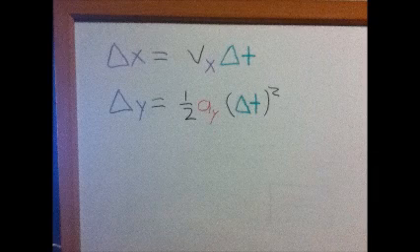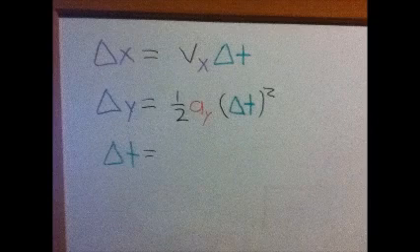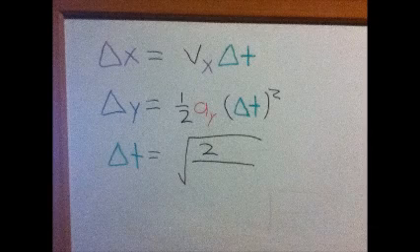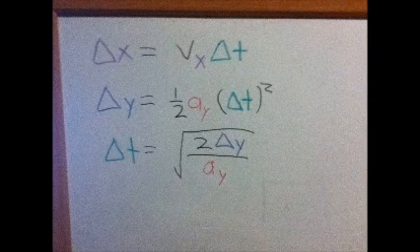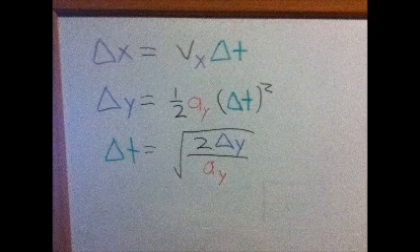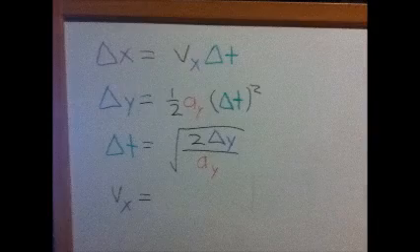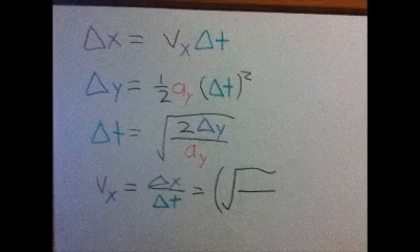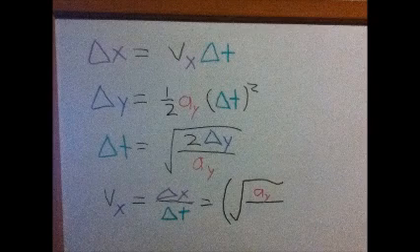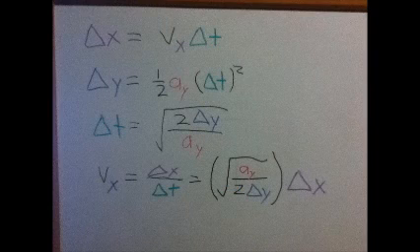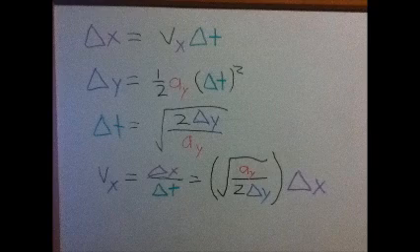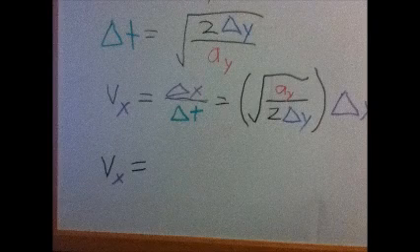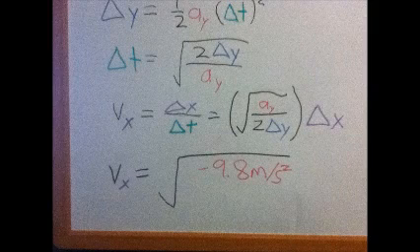Now we will isolate delta t and set it equal to the square root of 2 times delta y divided by ay. Now we will go back to the first equation and isolate Vx to set it equal to delta x divided by delta t, which will substitute the square root of ay divided by 2 times delta y, all times delta x. We'll plug in the numbers and solve for Vx, which is the square root of negative 9.8